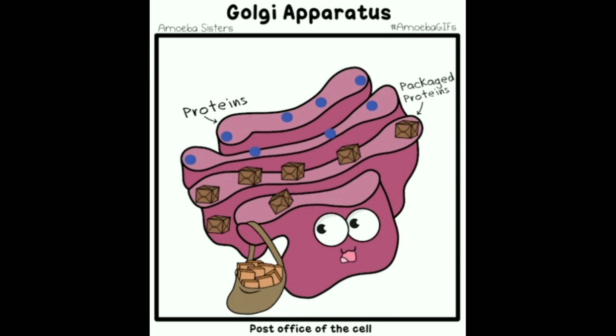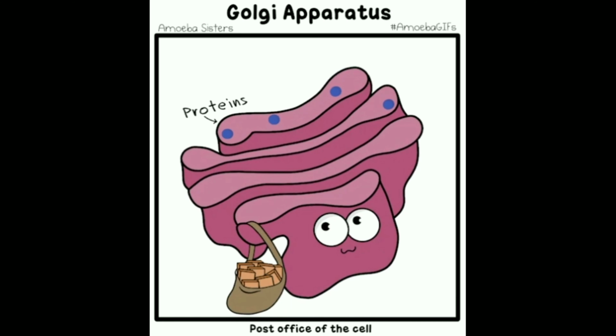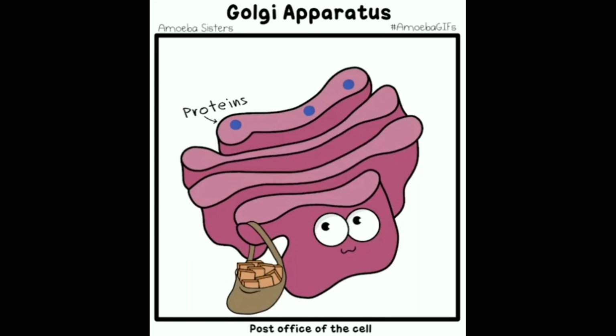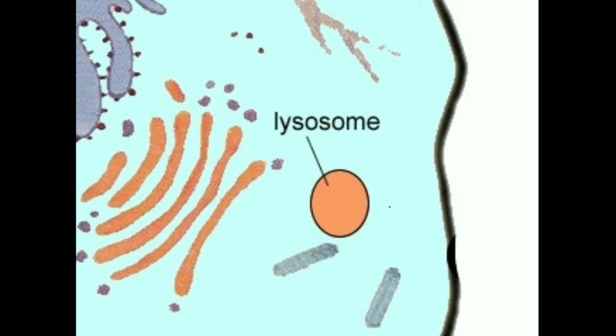The function of the Golgi complex or Golgi body is to pack the materials before they are transported, and sometimes these packed proteins are even sent to the cell membrane, which helps in the repair of the cell membrane. Now, coming to the ninth organelle, that is lysosome.